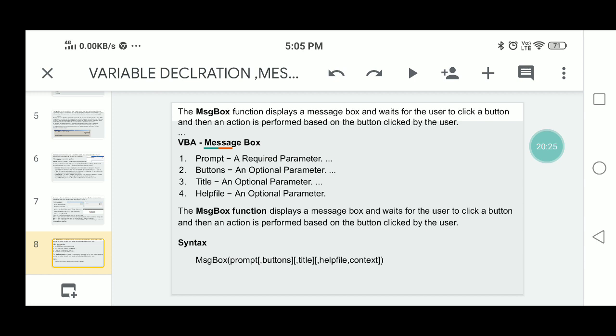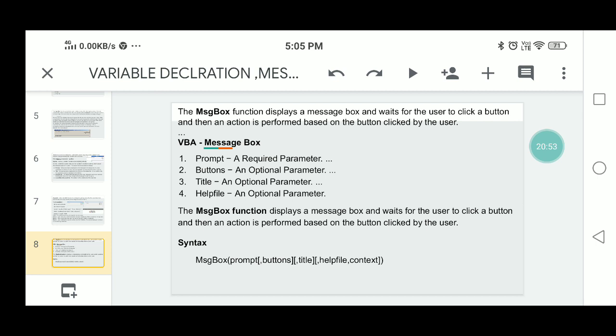It displays the message and waits for the user to click the button, and then the action is performed. So message box function generally has prompt, buttons, title, help file. Prompt is the required parameter, the remaining are optional.